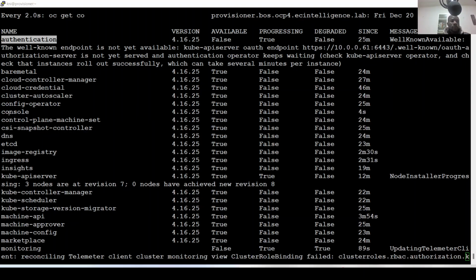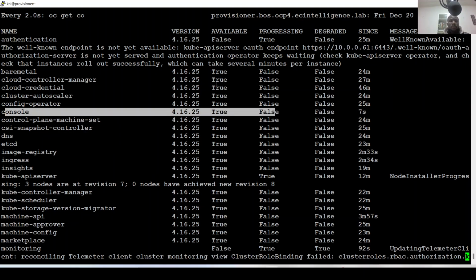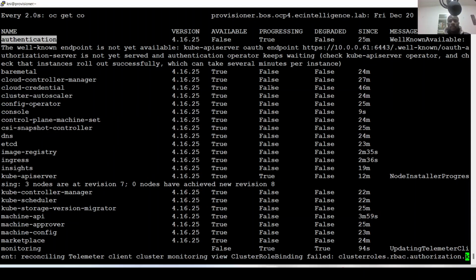Right now, the console is fully healthy. In the moment of the authenticator,